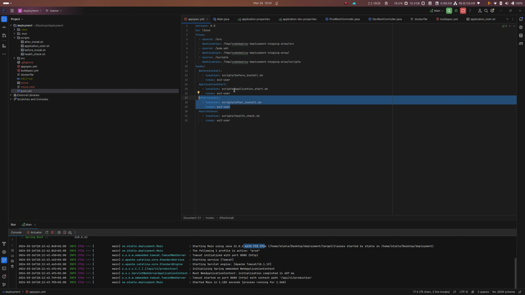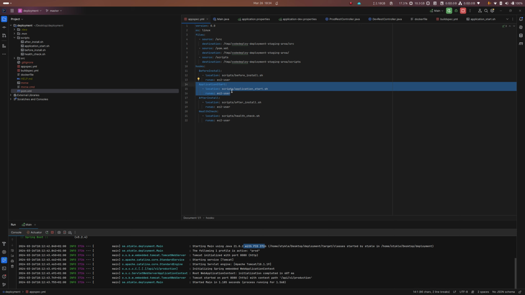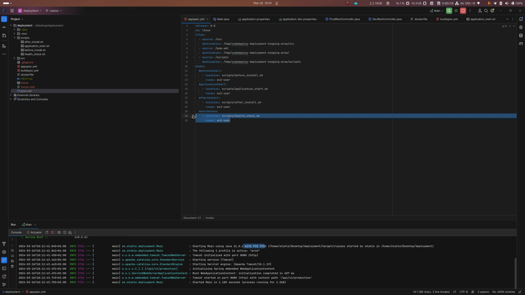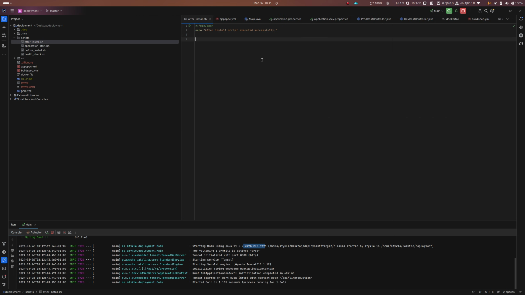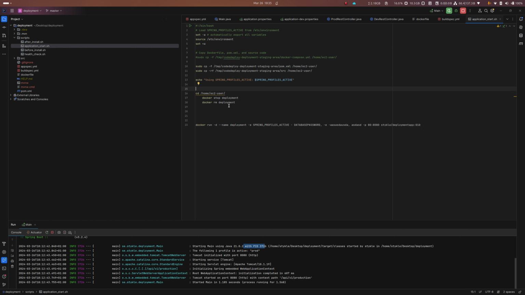Here it is. And then application start, how the application is going to be started, and health check, making sure everything will run correctly, and seeing the health check. So in here, it's not a requirement. Application start, we are